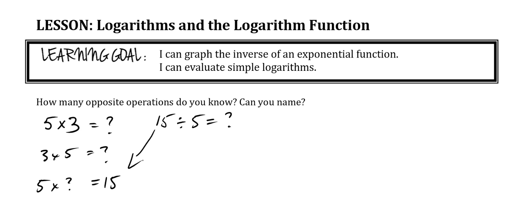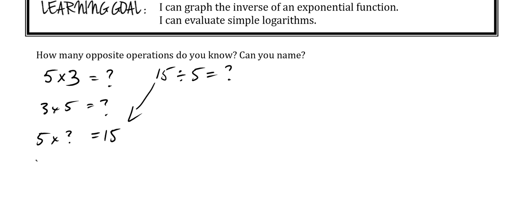Okay? And I could do the same thing here. What if I put the question mark here? Some number times 3 is 15. Solve it by inspection, or learn a new operation to calculate it, which is helpful to have an operation like division to solve it, because then we can do it when it's not obvious. You know, if it's a decimal or some kind of nasty number, we can just calculate it